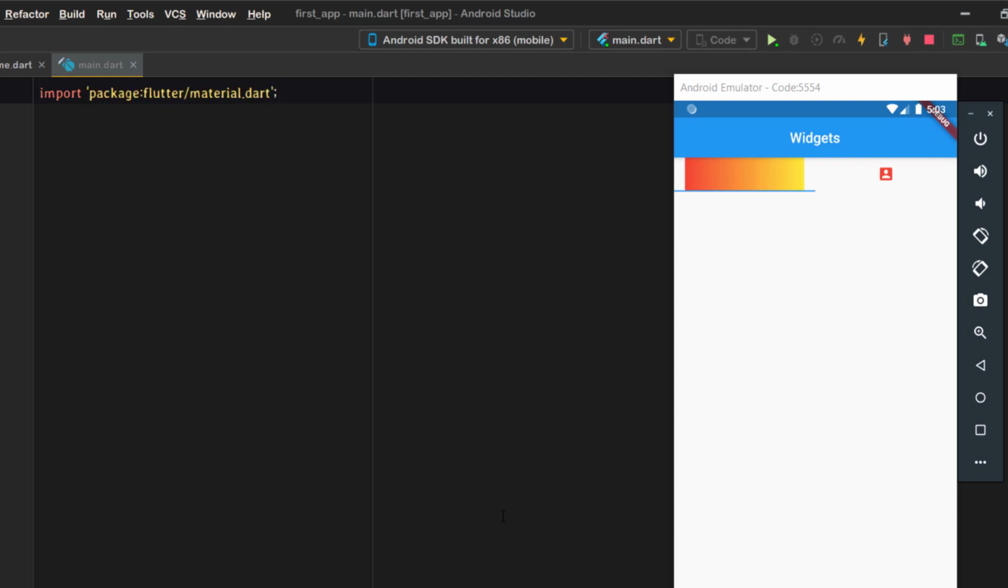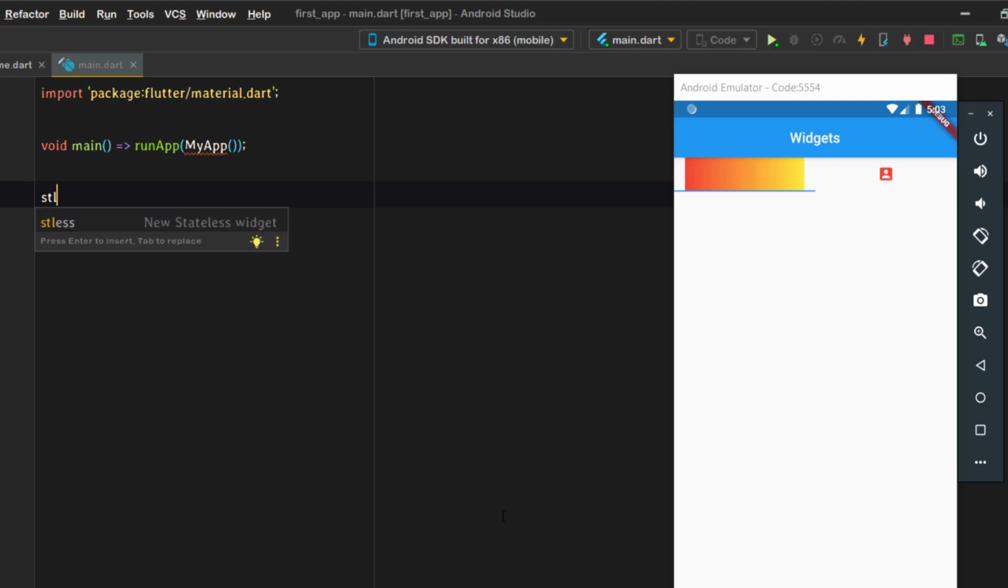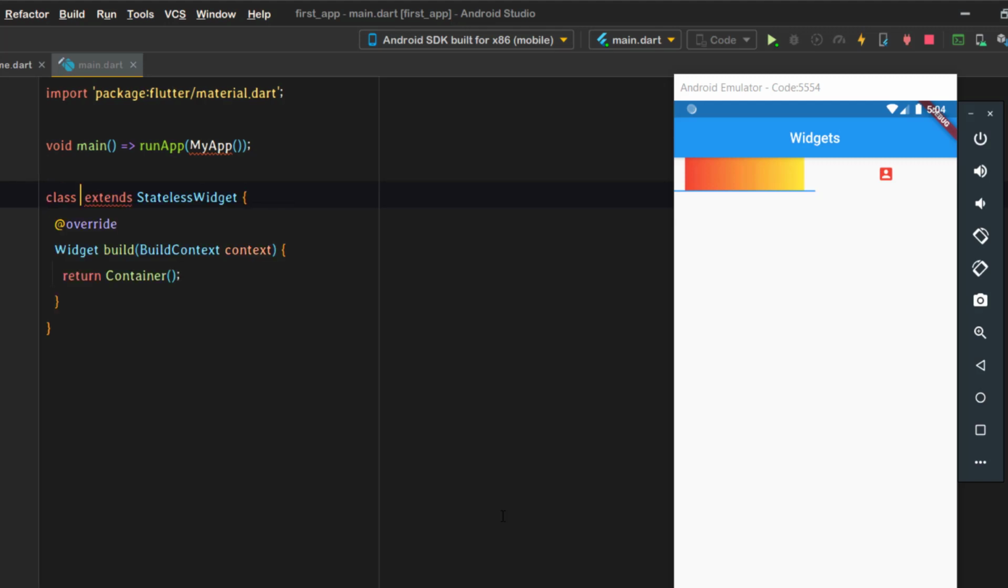As this is the main.dart file, that's the entry point of our app, we need to mention this void main method, and this will basically be run app, and we'll just say my app. And now we need to create that. We'll create a stateless widget itself because we don't want any changes to happen at this point. So we'll just name it as my app, and instead of this container we'll be replacing it with a material app,